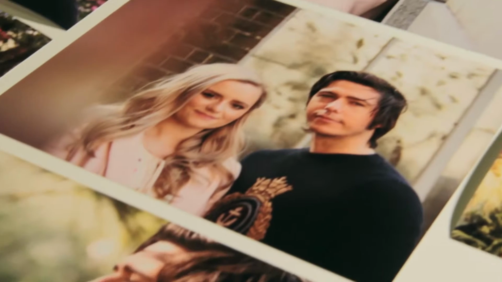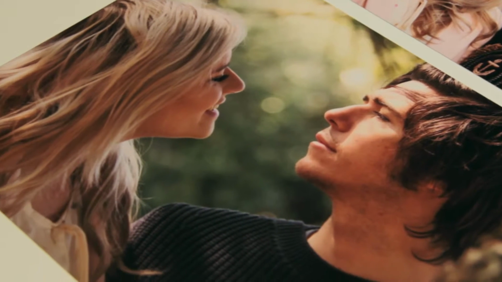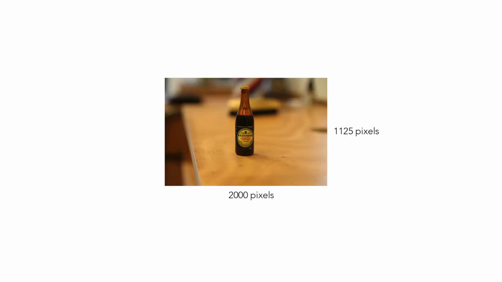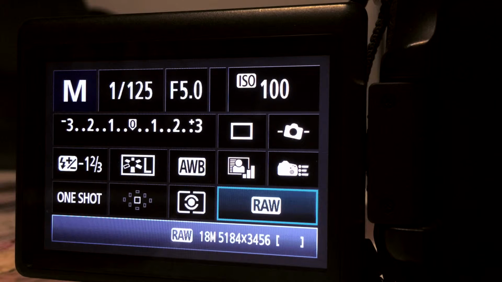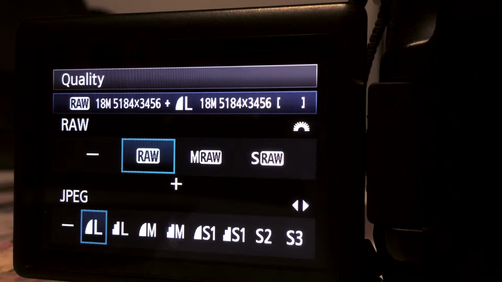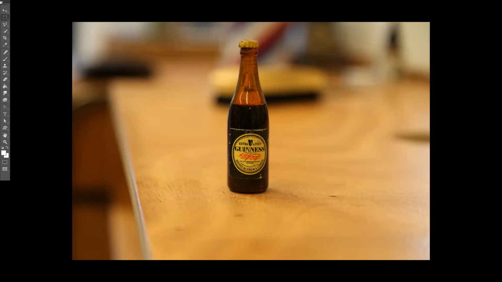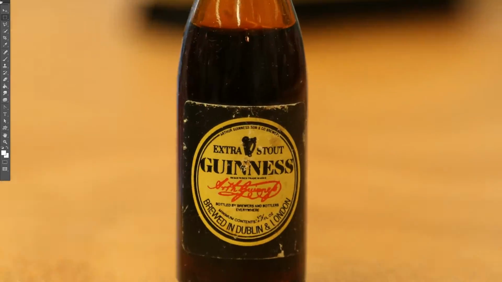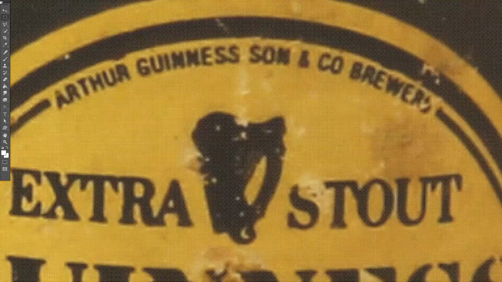The print results from your digital camera or other digital file will depend largely upon the size of the image. Getting the right image size and quality setting on your camera is crucial to getting the most from your photo purchase. Image size directly relates to the number of pixels you capture with each shot.